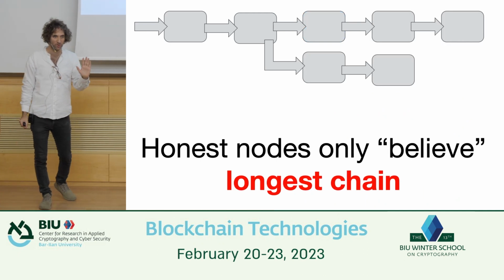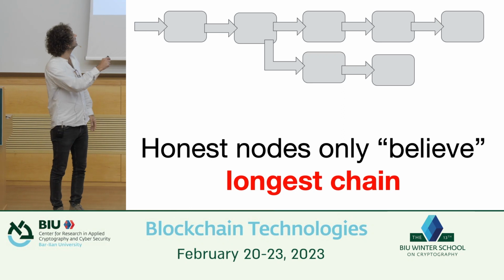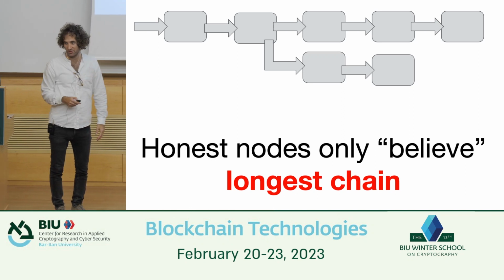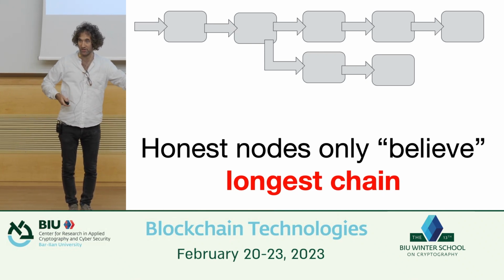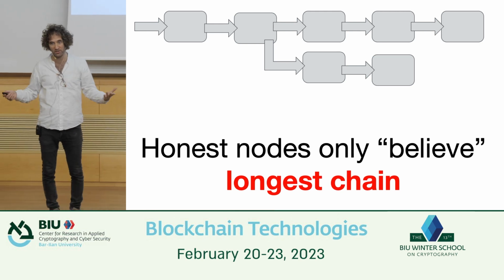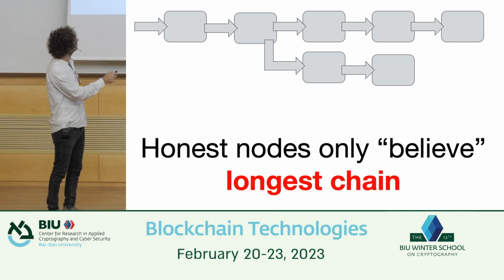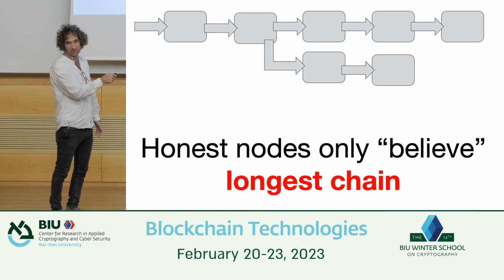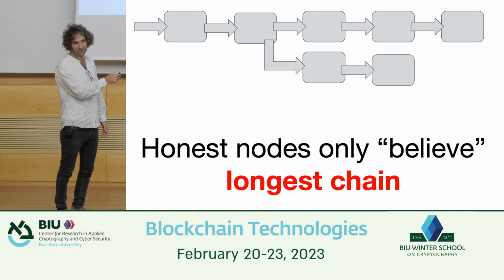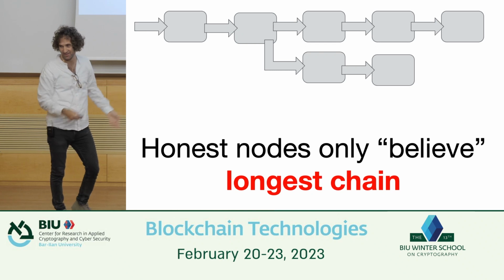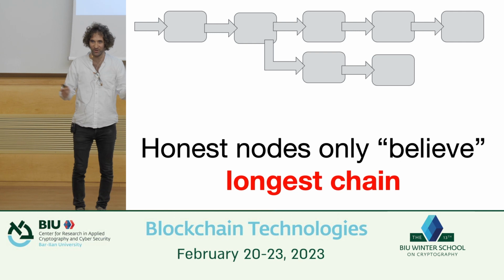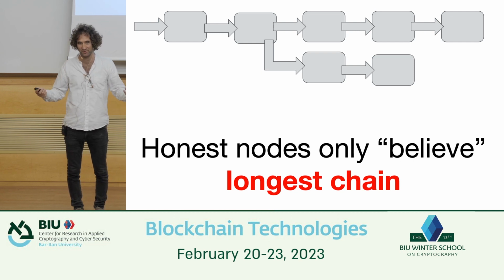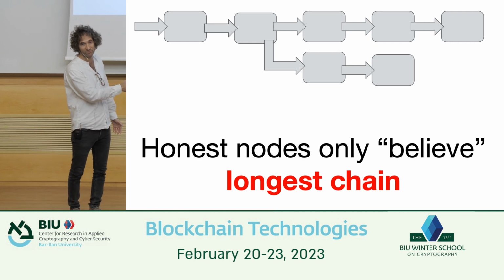Now, I have to specify one more thing. Okay? What I just specified is what honest players do when there is just a single chain. Right? We look at what's there, the last block, and that's what we put into the hash function. However, what if I join the network and I see here is one chain like this, and then there's a fork, we call this. What should I do? Well, as written here on the slide, clearly I should believe the longest chain, and that's why it's called the longest chain rule. So I'm going to actually take this as an input to my hash.